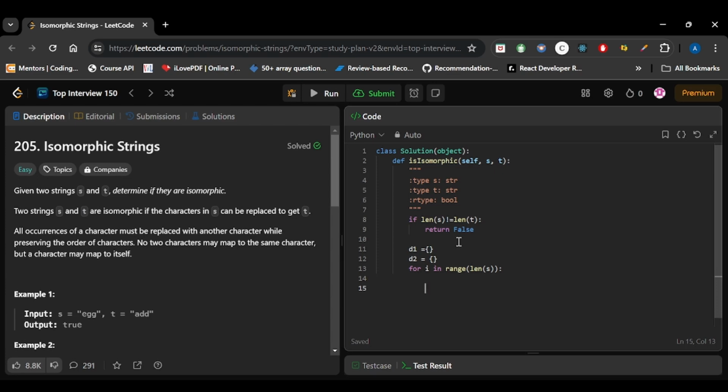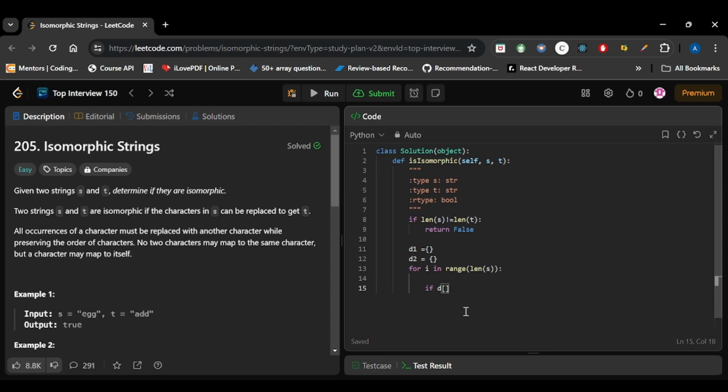In the previous scenario we saw that P was existing in the dictionary but T was not, and if we directly try to access those values using square brackets, it will give us an error. To avoid that, we will use the get function, because if we are not able to find any value using that key, it will simply return None.